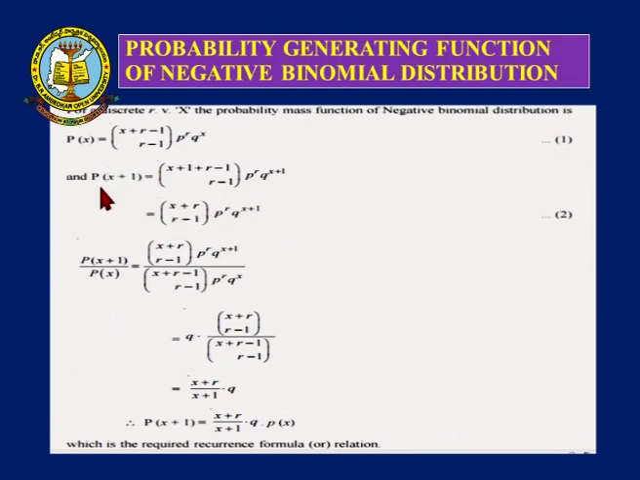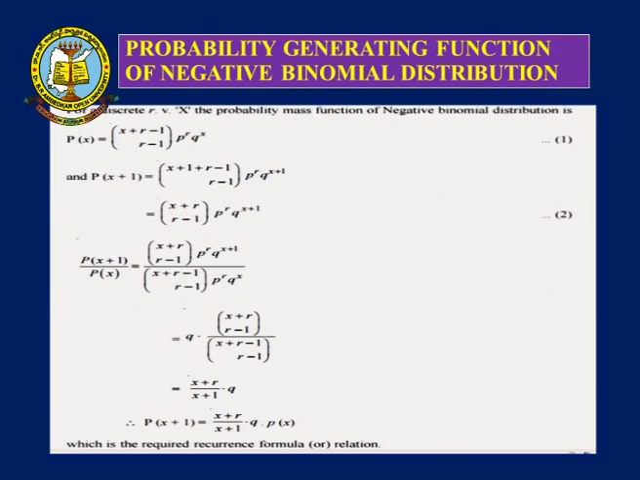Now, let us assume equation number 1 and equation number 2. Equation 1 is P of x, equation 2 is P of x plus 1. So, equation 2 divided by equation 1, then I will get P of x plus 1 divided by P of x, which is equal to x plus r divided by x plus 1 into q. This we can write in another form, that is, therefore, P of x plus 1 is equal to (x plus r) divided by (x plus 1) into q, into P of x,